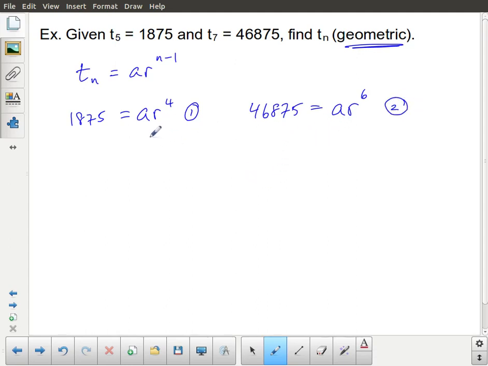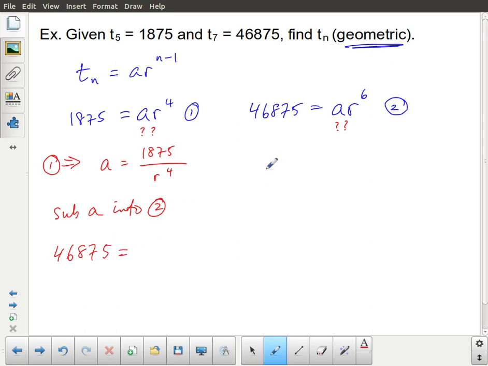You have a couple of options here. One of them is you can try to do substitution. We have two equations with two unknowns, a and r. One option I could do is modify equation number 1 and rewrite it as a equals 1875 over r to the 4. And then I could sub a into equation 2, and I end up with